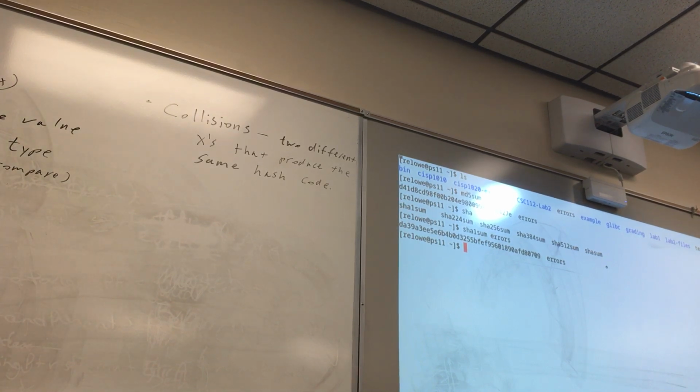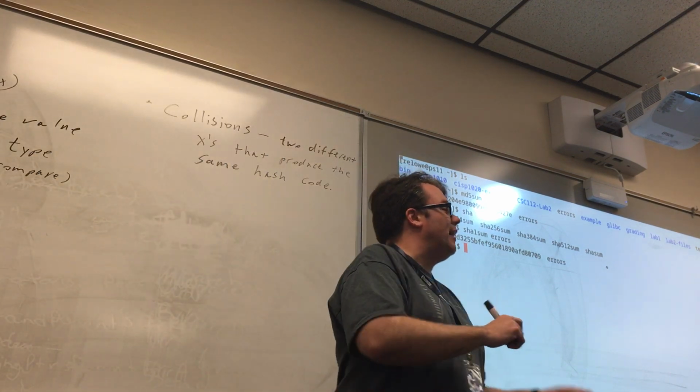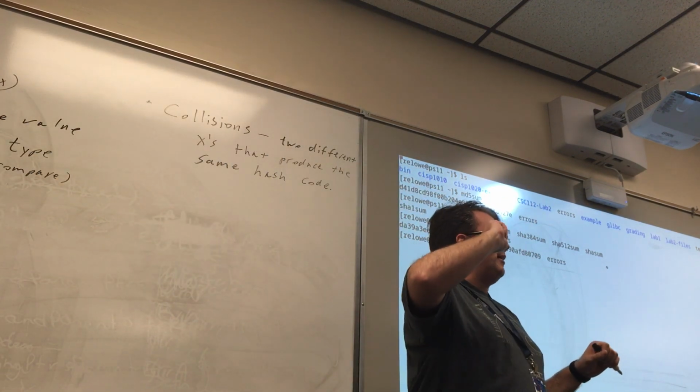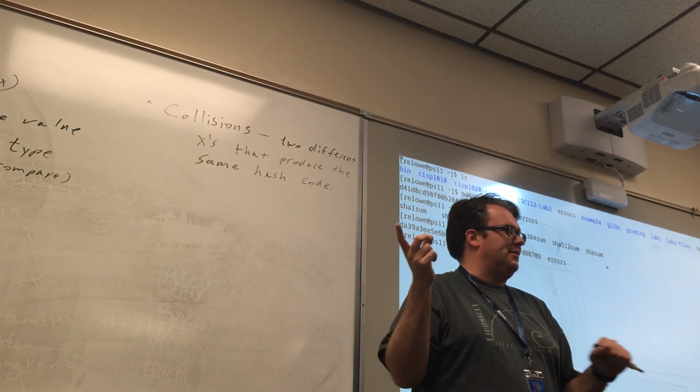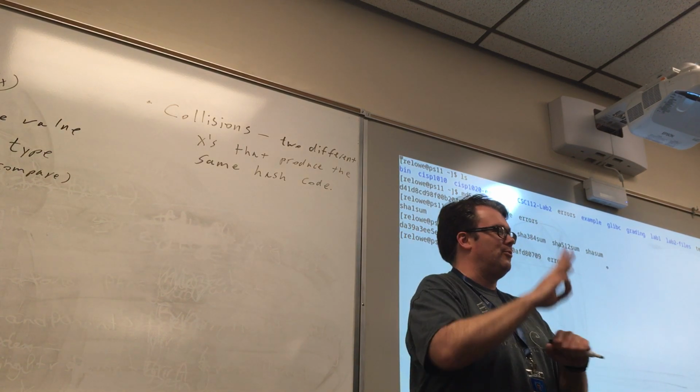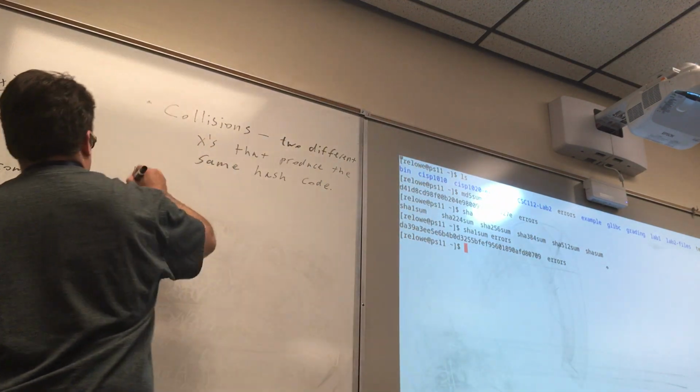Okay, so now we know what hashing is, sort of. If we think about it, a hash table is actually made out of three things. Now, the book says it's made out of two things, but one of the things it says it's made out of actually has two parts. So it's really three things. So, if we have a hash table,